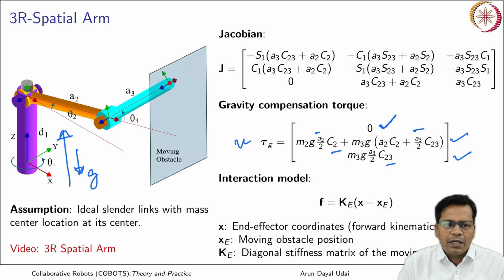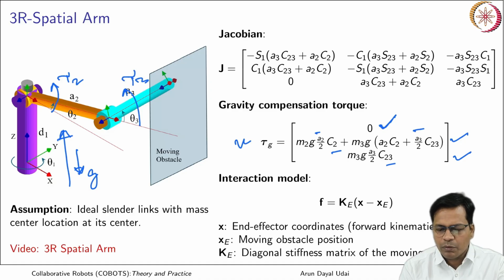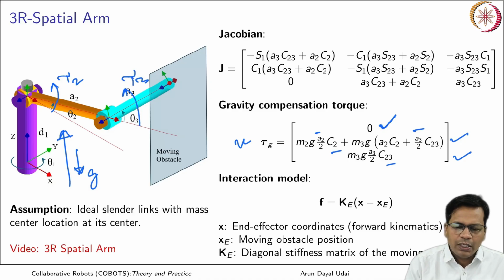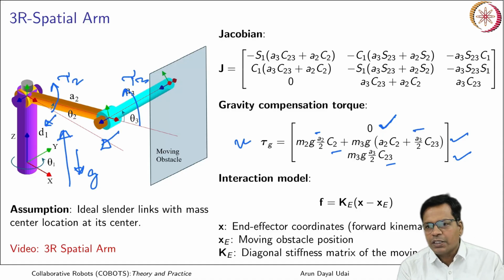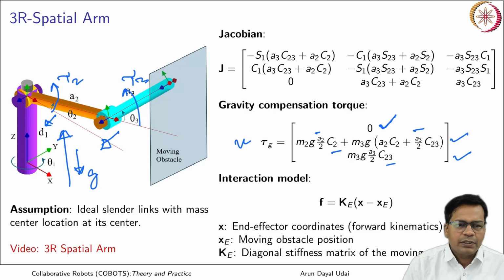Exactly this I have coded it inside, and taking care of the sign of the torque. Torque positive is like this. So this is your tau 2, this is your tau 3. If this gives you in plus, maybe it is in minus. You need to take care how you have put your axis. In my case, I have put the axis like this, but in the MATLAB it may be different. So take care of that and put the signs correctly. That is what I have done.